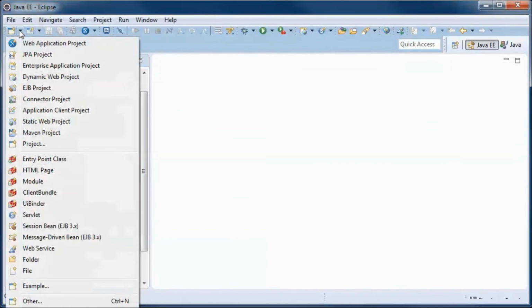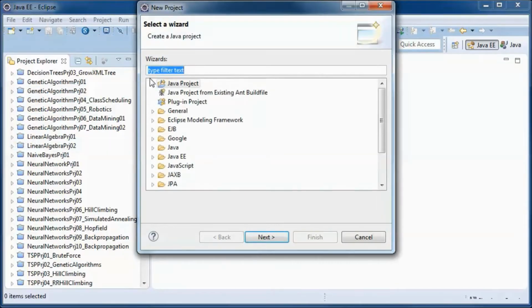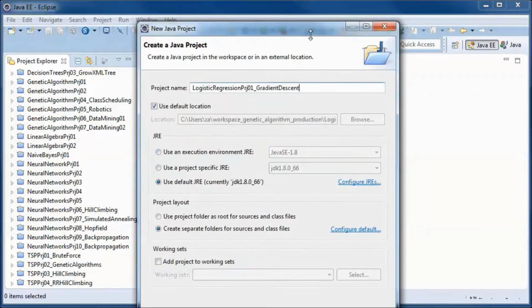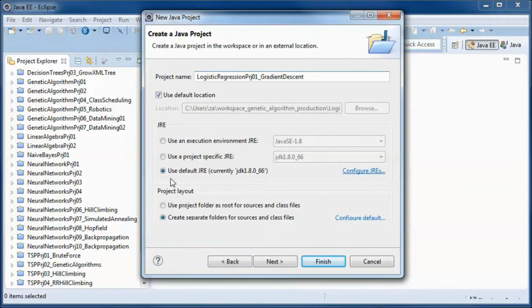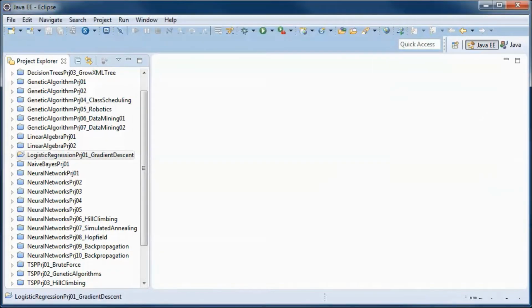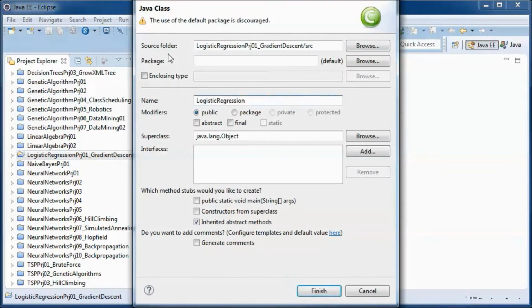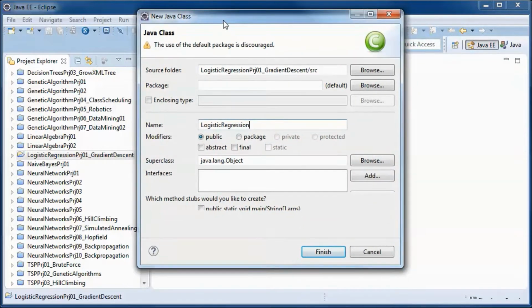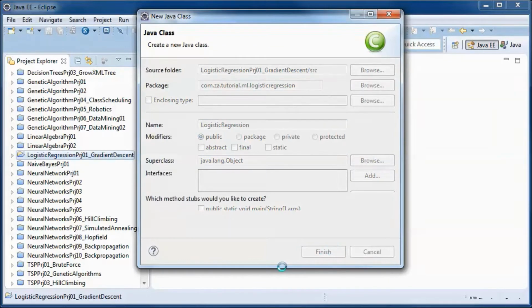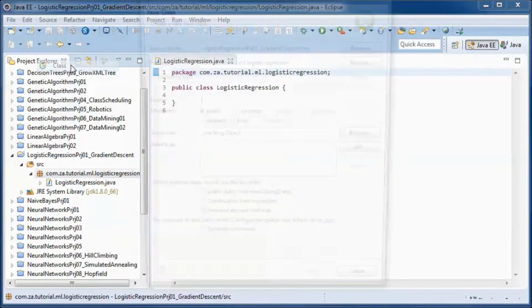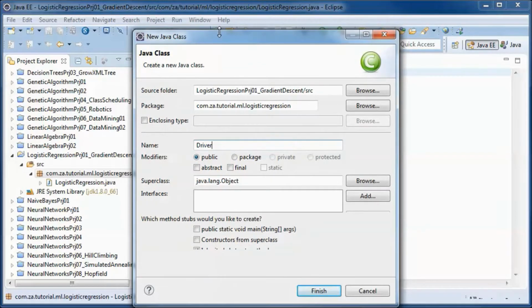I will start by creating a new project, and here we need the full JDK since we will be using JavaFX. And this class will have the logistic regression logic, and this will be the application driver class.